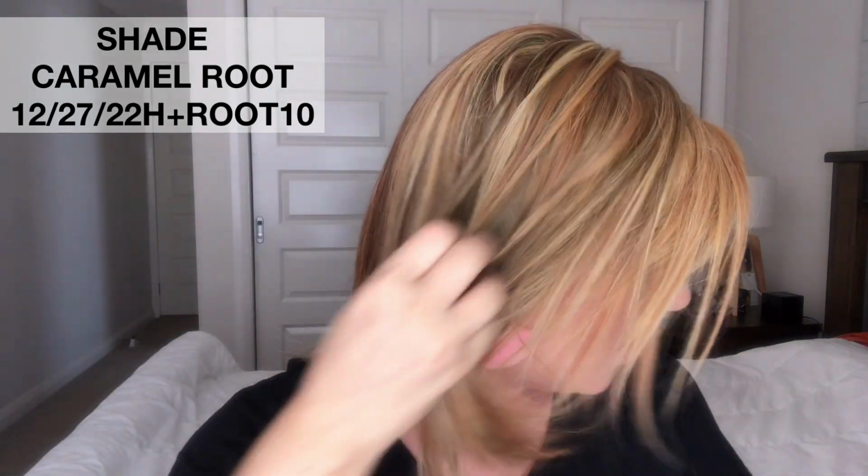It is a blend of 12, 27 and 22H. So it is very, very warm. It's not your classic red. It is a blend of warm caramel and blonde. It does have a little bit of that 12 intermingled and blended with the rest, but it's not a very seamless blend. It is a little bit streaky on top if you like that very highlighted, very intense highlighted look, as you can see here,